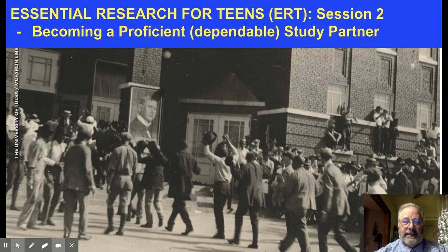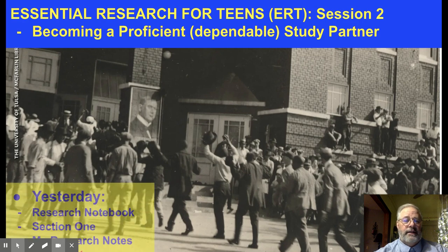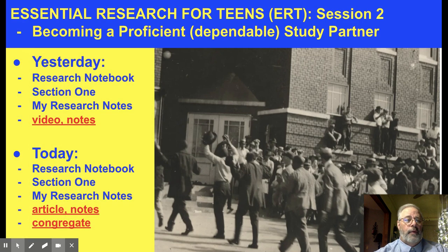Today is our second session on Essential Research for Teens, ERT. Today we're going to talk a little bit about becoming a proficient study partner, and for our purposes, proficient is going to mean dependable. Yesterday we started session one, and what we did is we introduced our research notebook, which we're